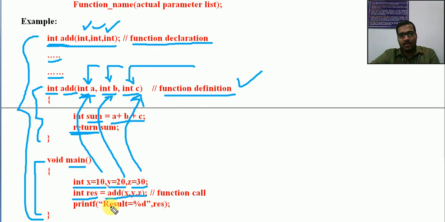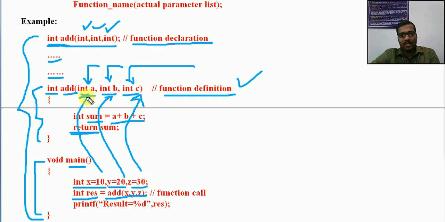While calling add, it will go to this add definition. It is like a is equal to x. That x value will be copied. It is only copying. We will see that concept later. We will be copying that 10 into a, 20 into b, 30 into c.